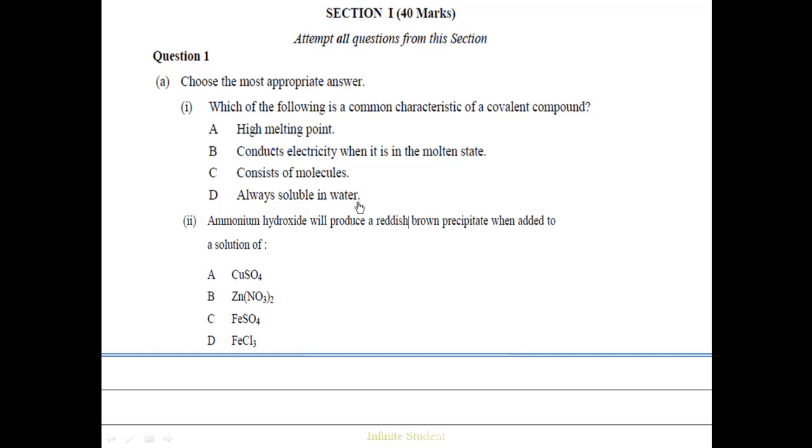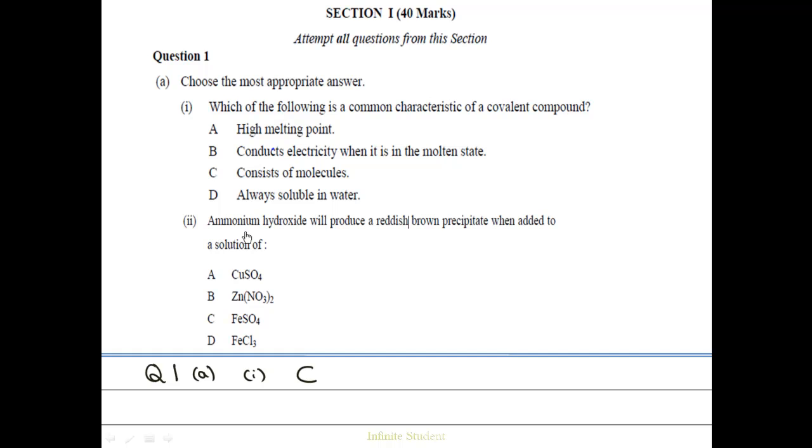Always soluble in water. If you observe, barring C, everything else are characteristics of ionic compounds, and therefore the correct option will be C. Now when you're writing your answer, choose the same numbering as you see in the question paper. So question number 1, A,